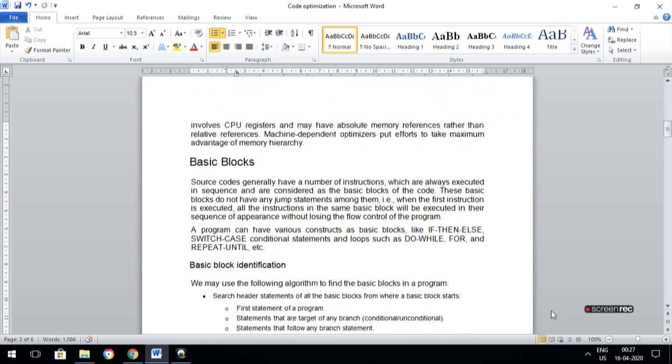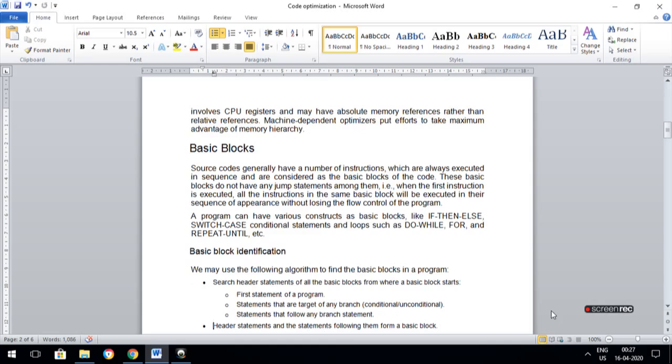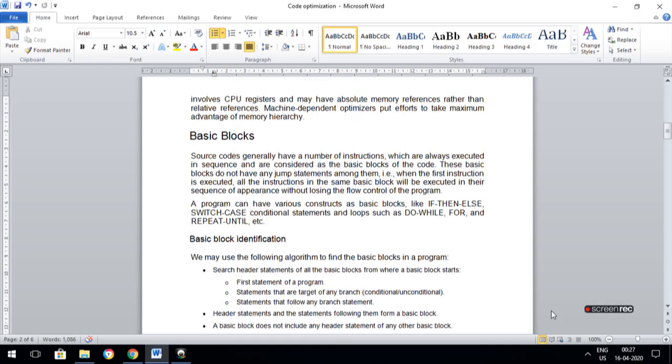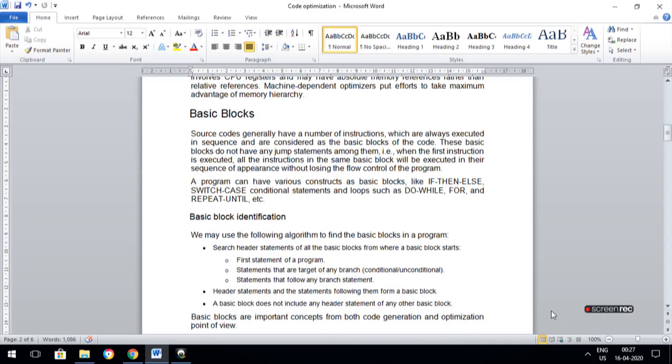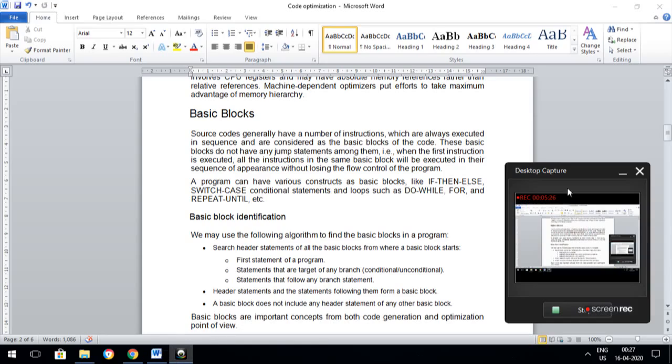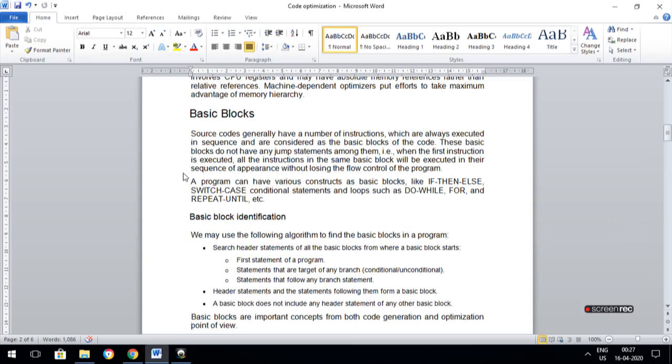Now I'll explain how to go about optimization of basic blocks. Optimization of basic blocks can be done with the help of identification of blocks first. Consider a program.